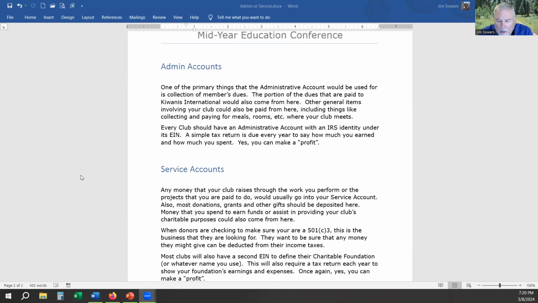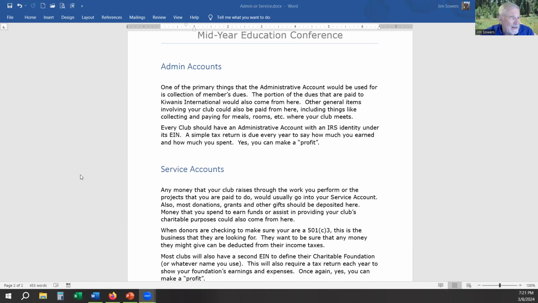Some clubs, including the Albuquerque club that I'm a part of, we sometimes split some of our costs between the administrative functions and the service side, because of things where we use stuff from each and we can get money a little easier sometimes from the service account. We don't keep a whole lot in our admin account. So at any rate, the admin account is basically for anything that you're just running the business kinds of things,